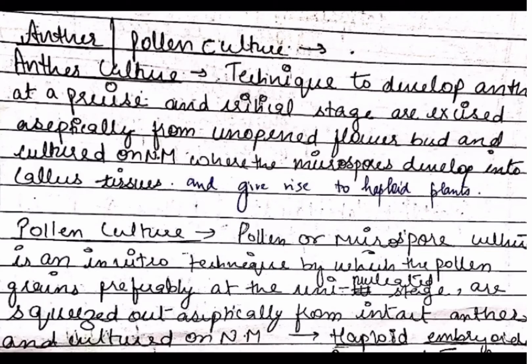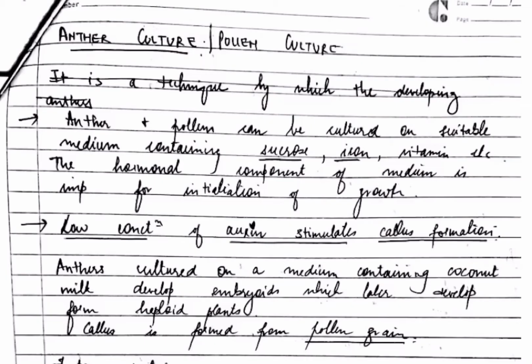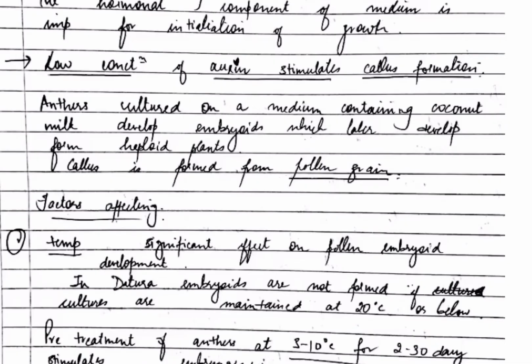Another important term is androgenesis. That means it is the in vitro development of haploid plants which originate from totipotent pollen grains through a series of cell division and differentiation. And the nutrient media should be rich in sucrose, iron, vitamins and extra for the anther and pollen to grow.